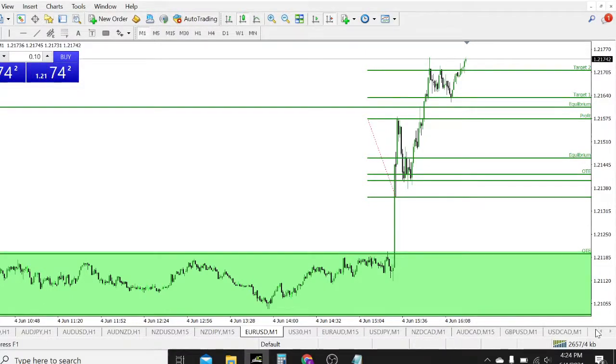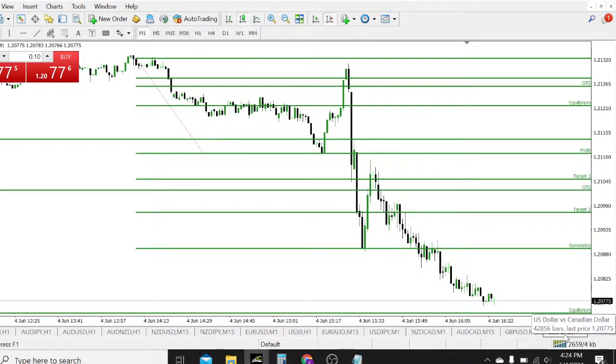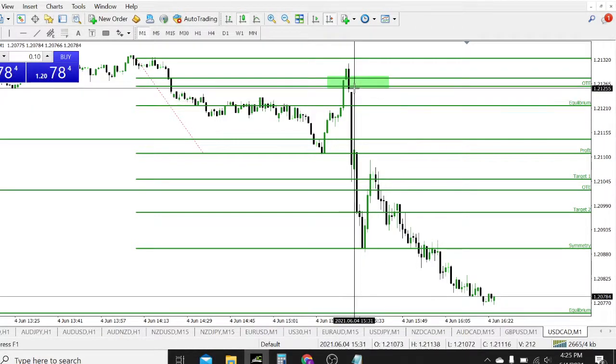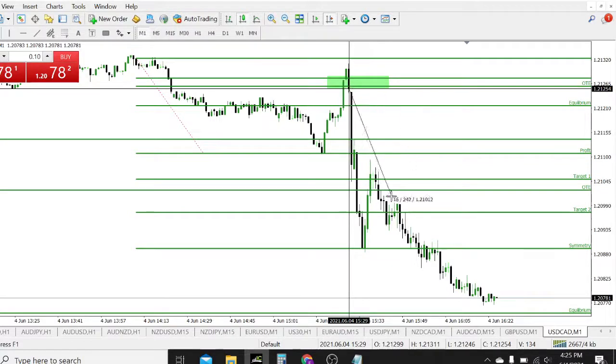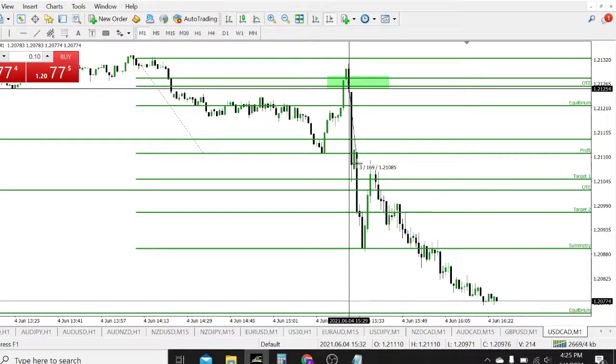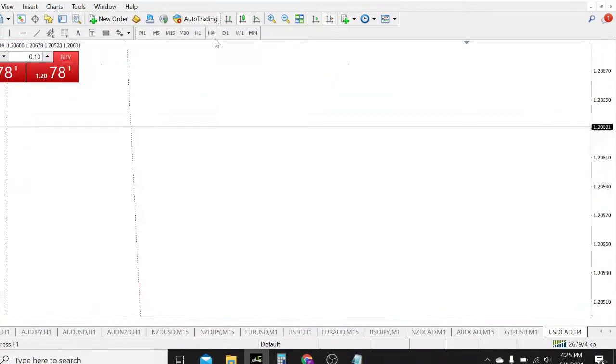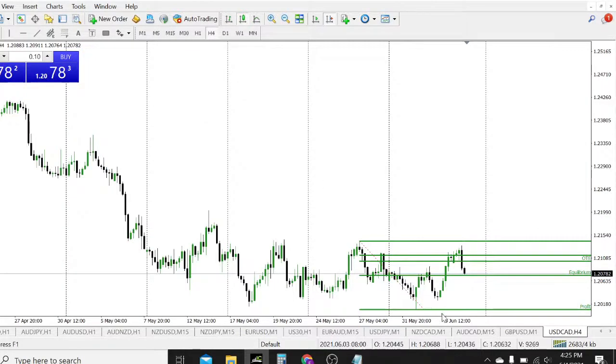Let's look at Euro Canadian. This one, even in 1 minute, was forming an optimal trading entry. Price was being offered at a discount. I'm going to sell up to here in the first minute. It went only 20 pips, and then later it went more than 40 pips. Looking at the 4-hour chart, the same thing is happening. Oh yeah, true, the same thing is happening.